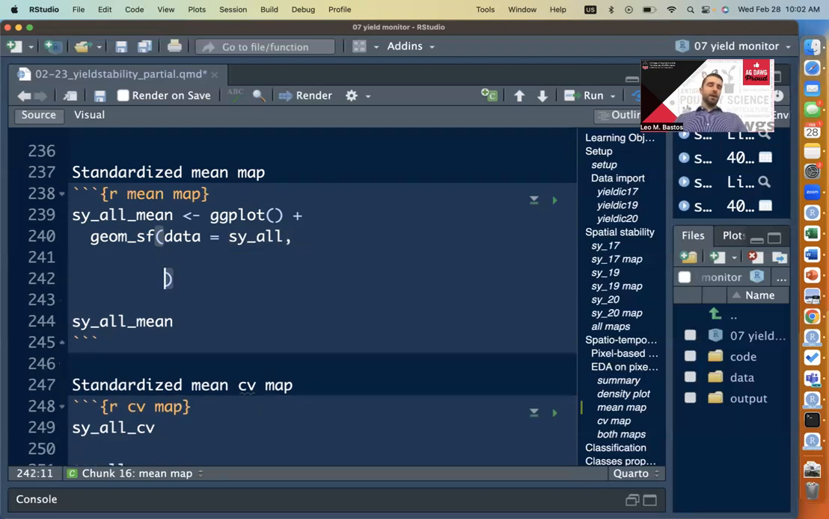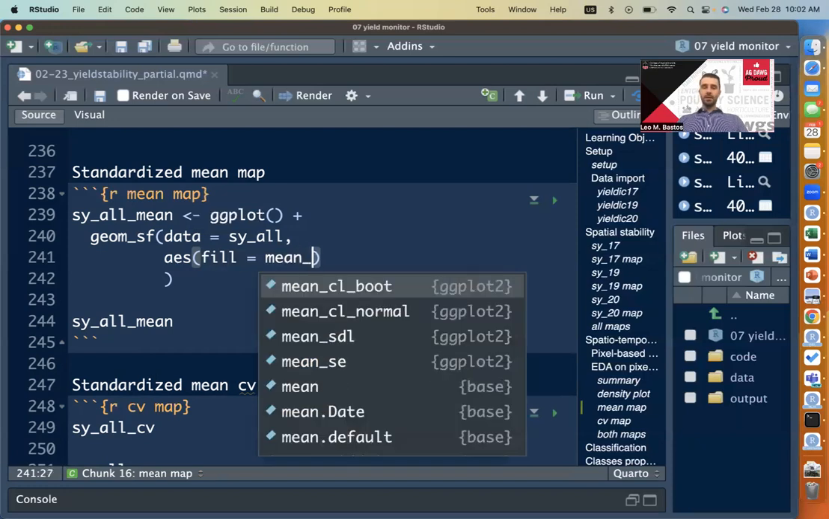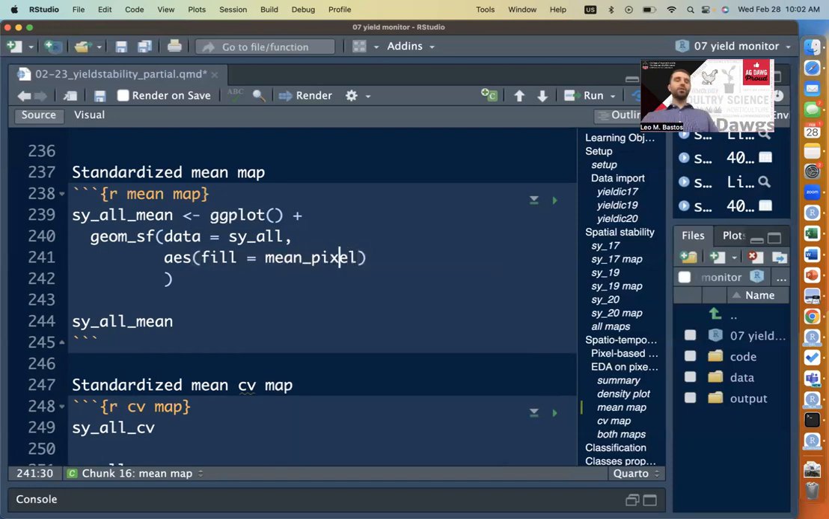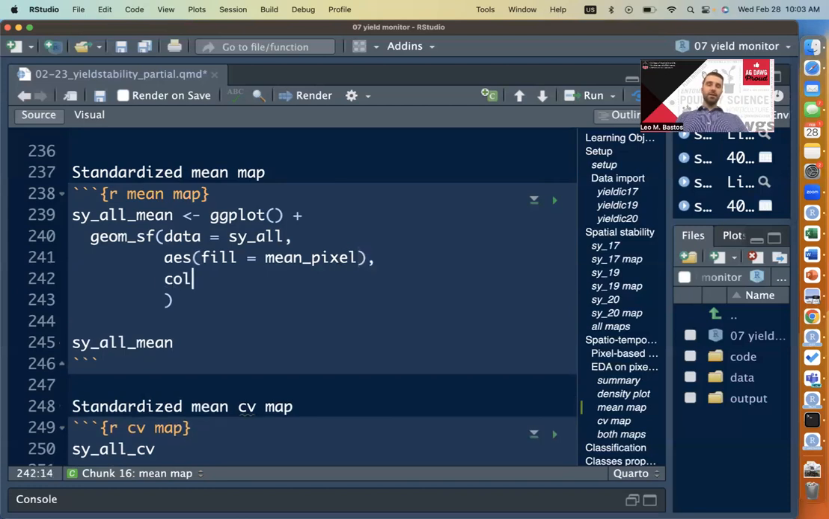I want to give it a comma, break line just to make it easier to read. And inside the AES, I want to say that I want the fill to be according to the mean_pixel, right? Because I want each one of those polygons to be colored according to the mean. That's my goal here of this map. And outside of AES, I just want to give it a comma and say color equals NA. So we inhibit the outline of those polygons to make it a little bit cleaner to look at the plot. If we just run this and we print it,